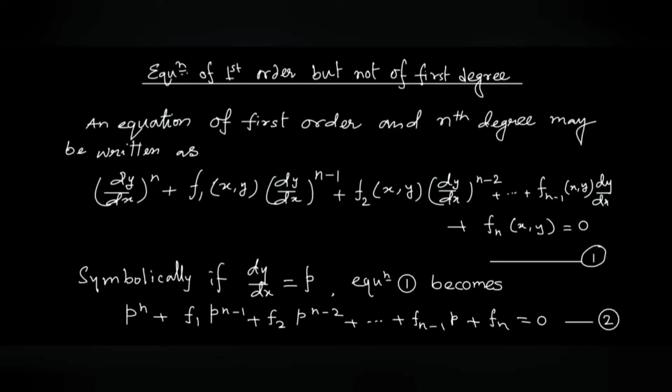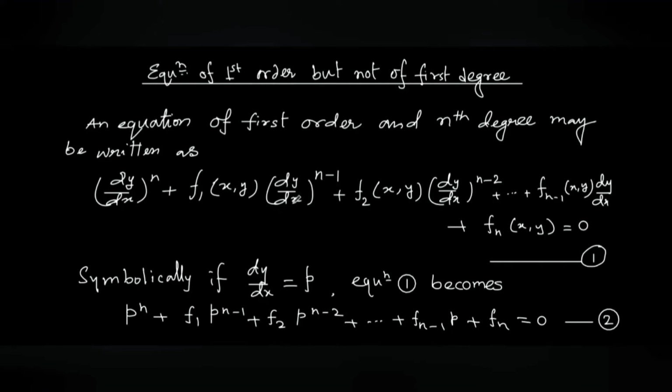Welcome dear students. In this video I shall discuss equations of first order but not of first degree. That means only the first order derivative will appear in the equation. An equation of first order and nth degree may be written as (dy/dx)^n, and that's why this is not linear and its degree is n, plus f1(x,y)